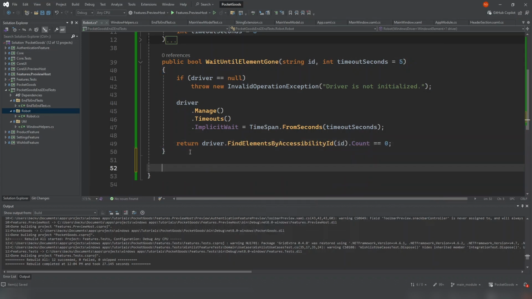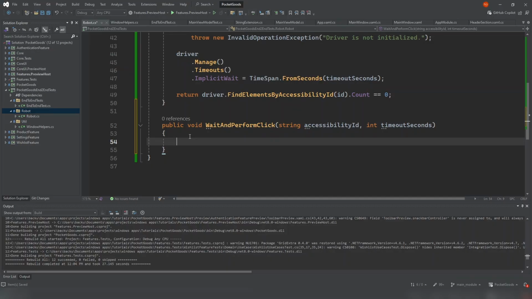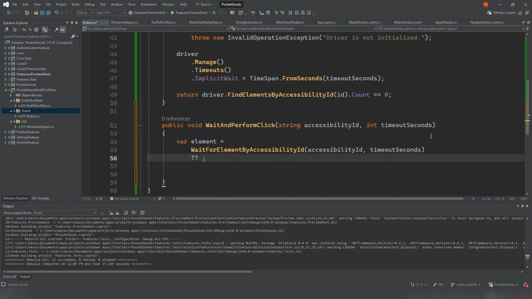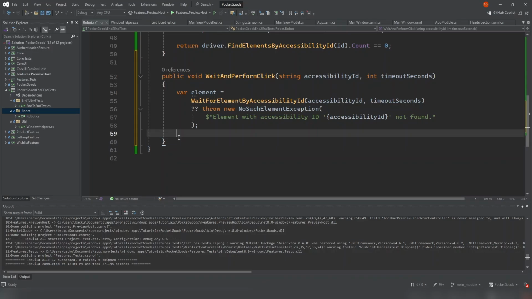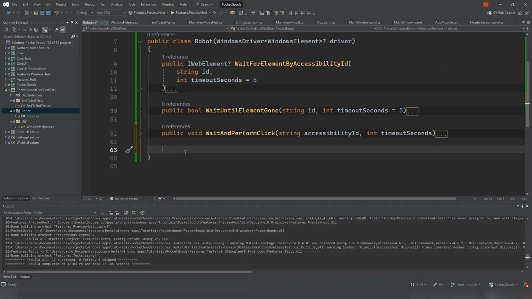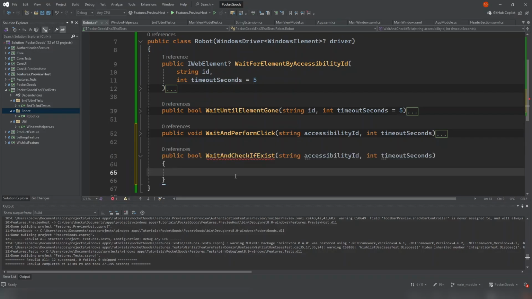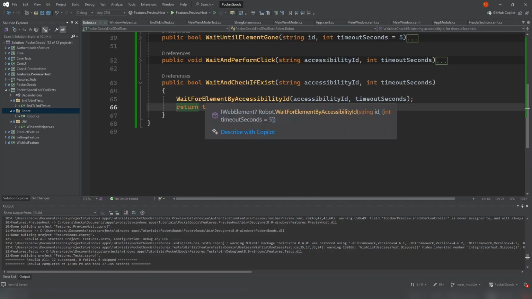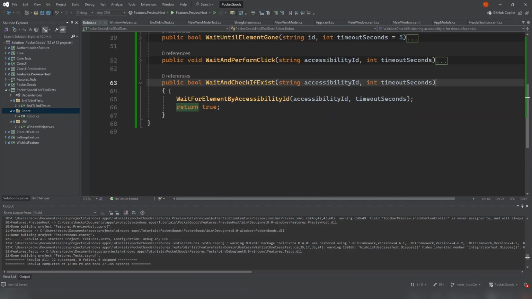We need another function to wait for an element to appear and to click on this particular element. We're going to use wait for element by accessibility ID to throw an exception, NoSuchElementException. Now we have basically the element. We can do element.Click. All right. Sometimes you want to wait and check if a certain element exists. It's going to basically allow us to wait for an element to appear. We're going to use wait for element by ID